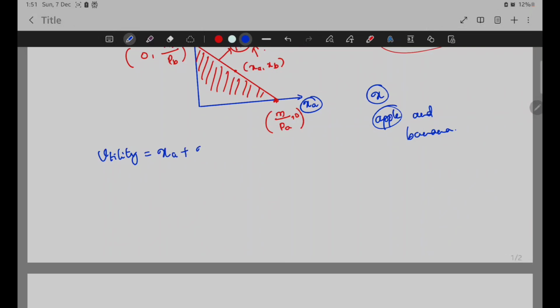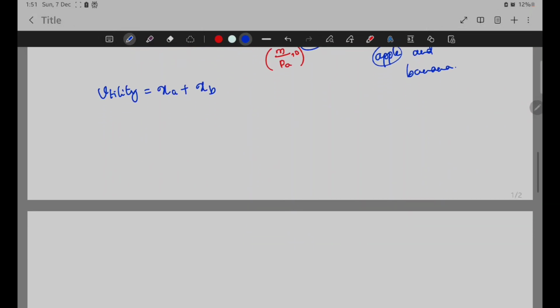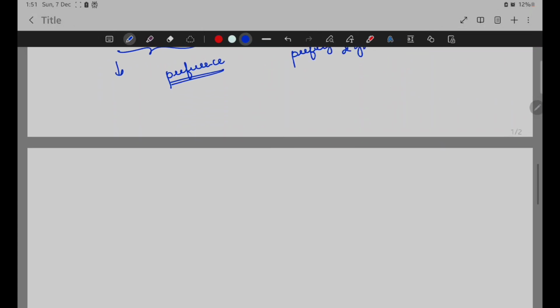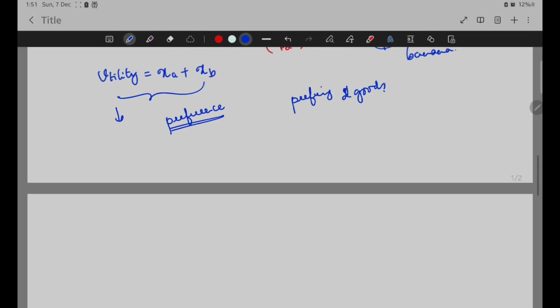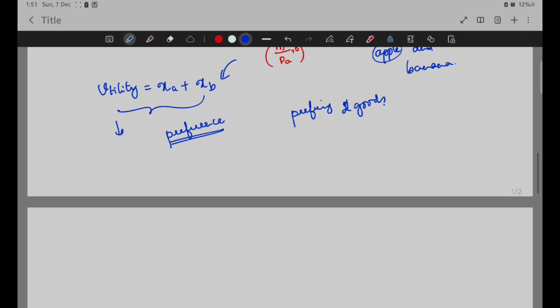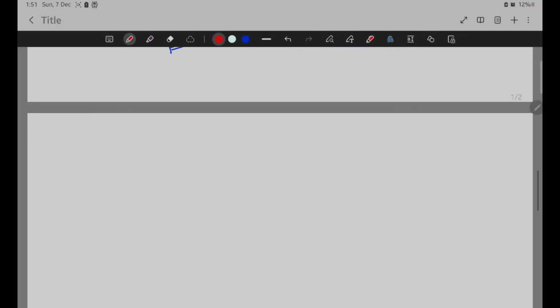and banana is xb. This is one thing. Or you can say, when we are talking about this kind of utility, it's also kind of a preference we are talking about, how you are preferring two goods. So preference talks very beautifully about optimizing these preferences in the given capital or in the given money. How is that? Suppose you have an amount of money, like a budget,